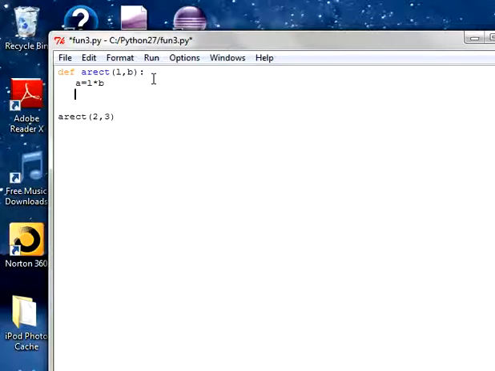So I want to display the output on the screen. So print "area is". You need to write it in double quotes. As we know, if we want to print 2 print statements in a single line, we need to make use of one more keyword here, end equal to colon. I'm giving a space over here.